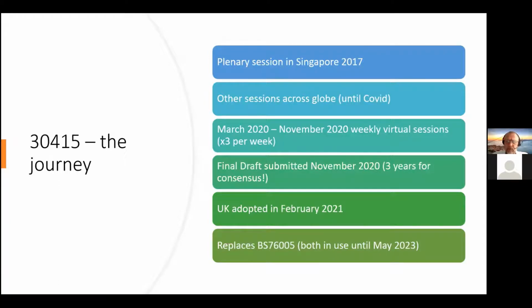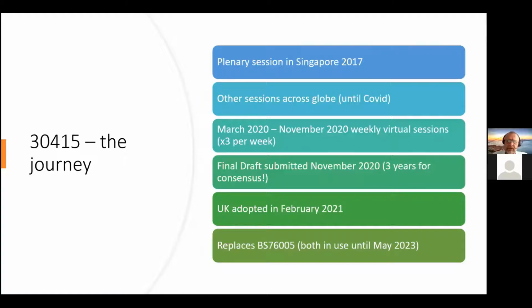Now, there already was a UK standard. You may or may not be aware, but British Standard 76005, diversity and inclusion, had actually been launched in 2017. So it's not been around that long, but the UK commonly, whenever there's an ISO standard, adopts the ISO standard. And that is what's happened to this standard. So BS 76005 has actually been replaced only 3 years after launch, but it remains in use until May 2023,